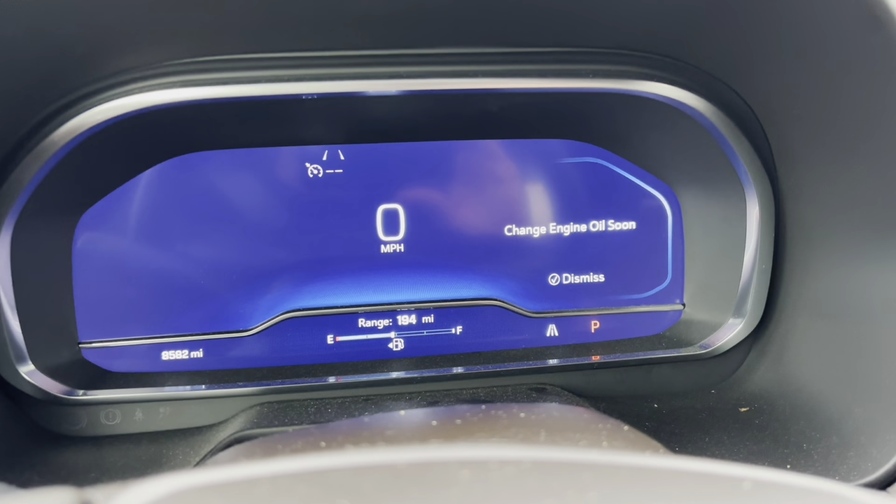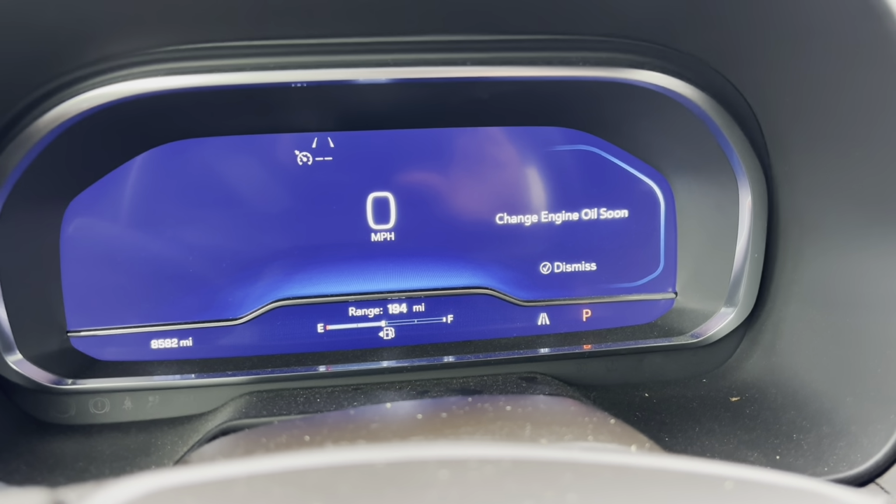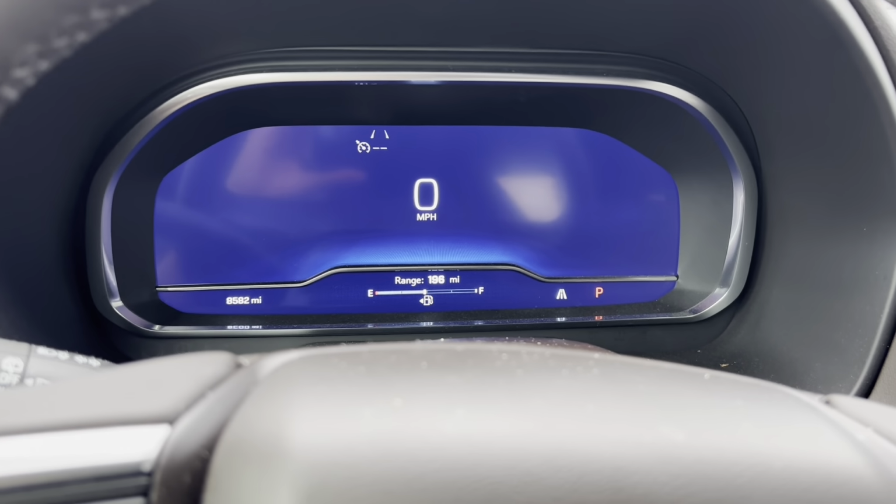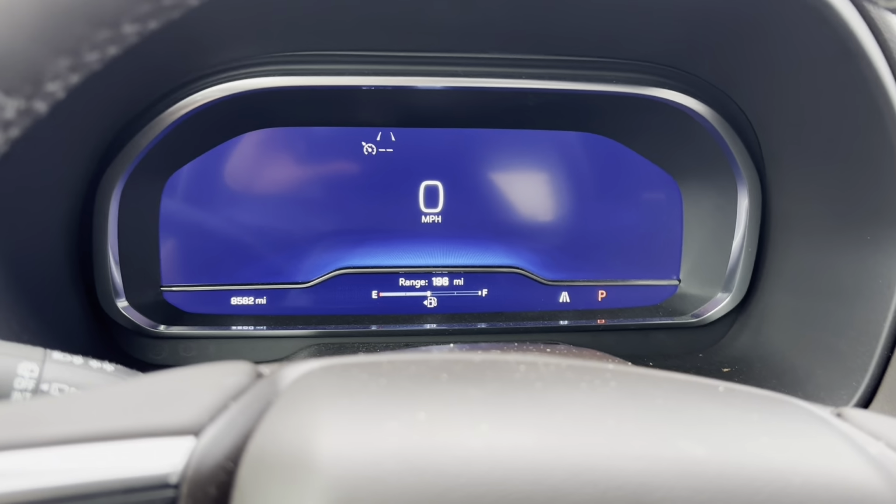I'm in a 2024 Tahoe that just got its oil changed, and they forgot to reset the oil life. You can see it still says change engine oil soon. So I'm gonna show you real quick how to do that. All right, and the first thing I have to do if I wanna reset the oil life is to pick